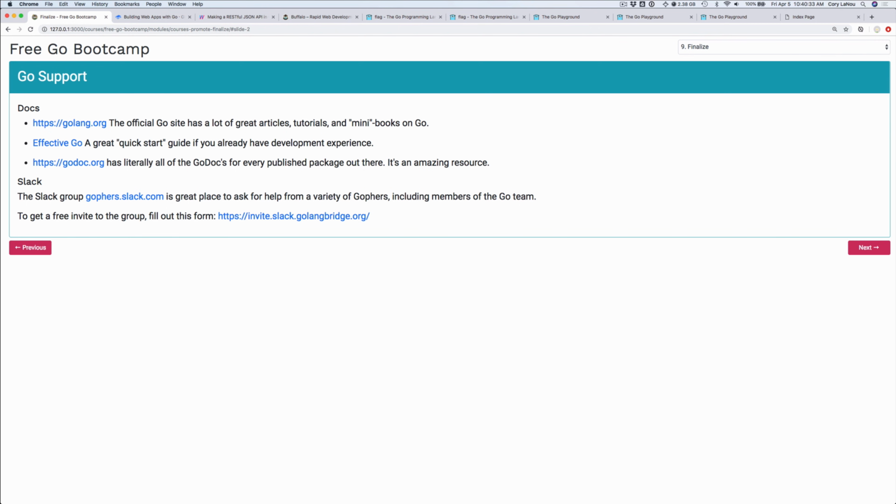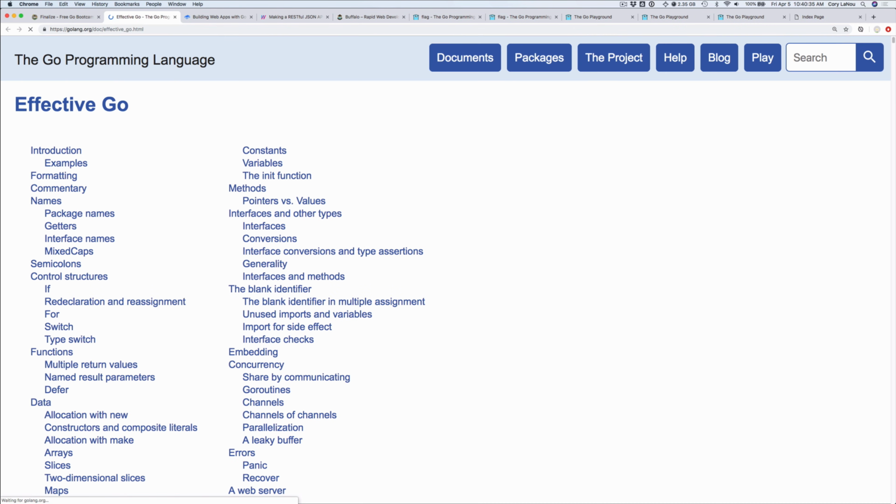Effective Go is the one thing I tell people, if you're an experienced developer, this is probably the first thing you want to read about Go. So if you're brand new to Go, this is definitely worth a read. This is something that I went to when I first learned Go. I didn't understand the entire document the first time through, and I found that if I came out here every